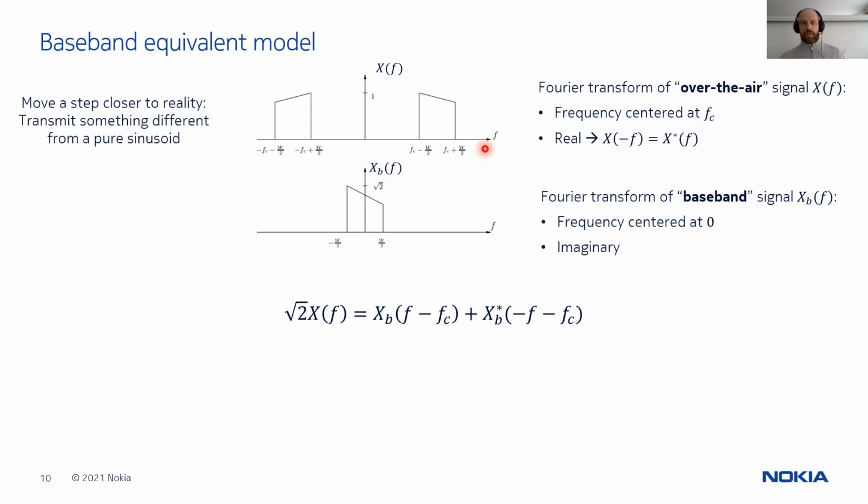And this baseband thing has as a direct consequence that you will see complex symbols, complex information. The fact that the information symbols that we send are complex is due to the fact that when you transmit at high frequency, you can transmit over sine and cosine. Whatever goes on the cosine is the real part of your complex number, and whatever you transmit on the sine is the imaginary part.